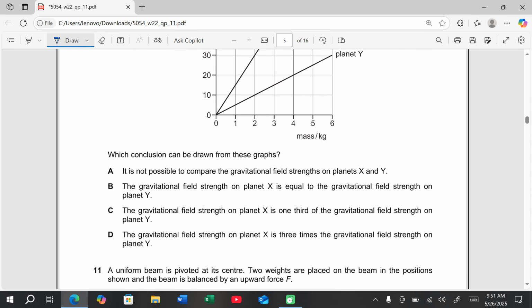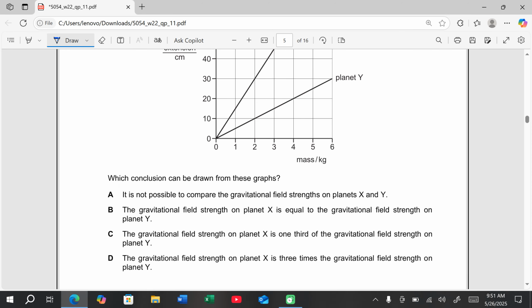It is not possible to compare the gravitational field strength on the planets? No, it is possible. The gravitational field strength on planet X is equal to that on Y? No. If it had been equal, the gradient would have been the same. The gravitational field strength on planet X is 1/3? No, it's not 1/3. If it had been 1/3, then the